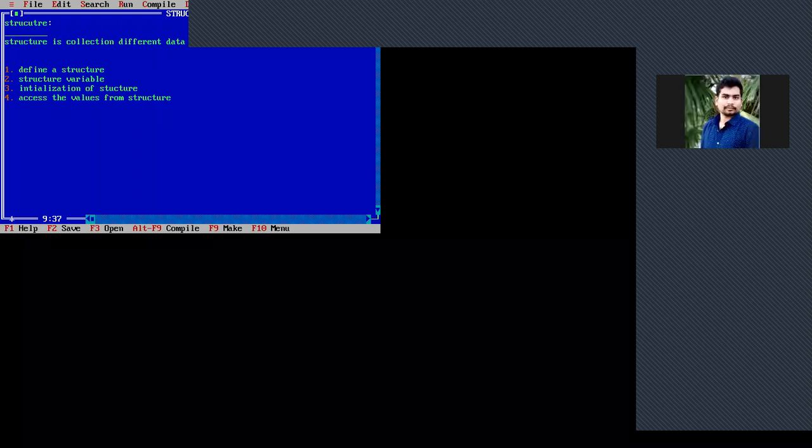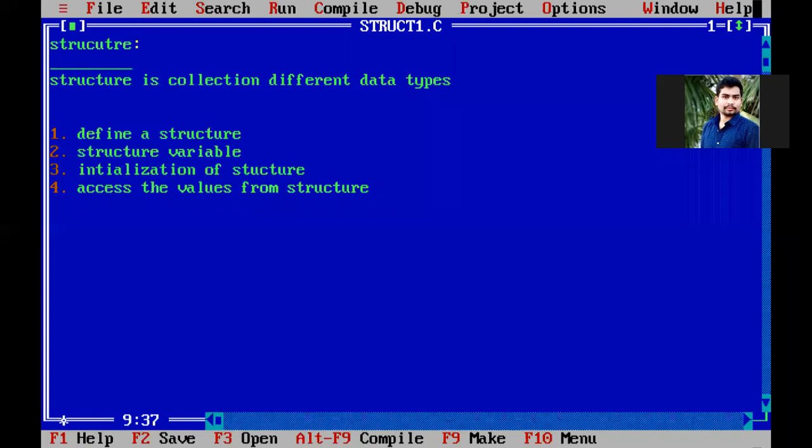Whenever a long answer question comes in the examination, we start with the definition, and we explain how to define a structure, how to create a structure variable, how to initialize the structure, and how to access the values from a structure. If we write these 4 important points, in most cases 90% of the structure topic is over.